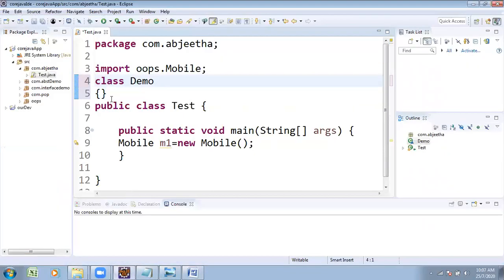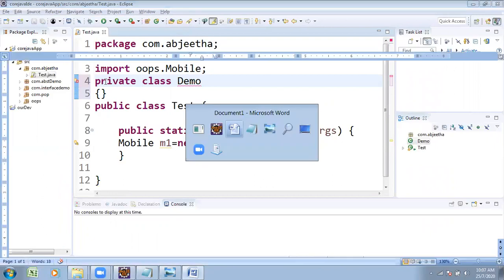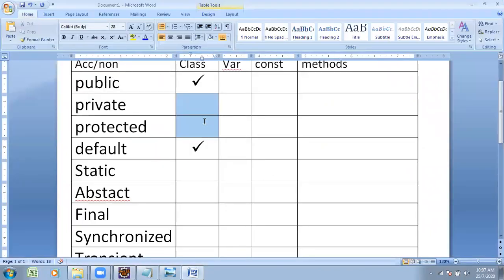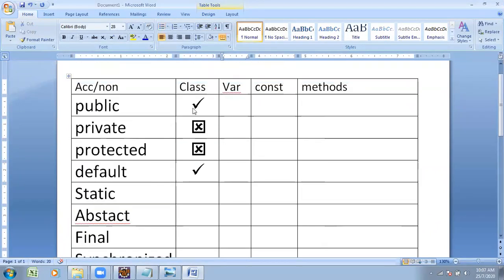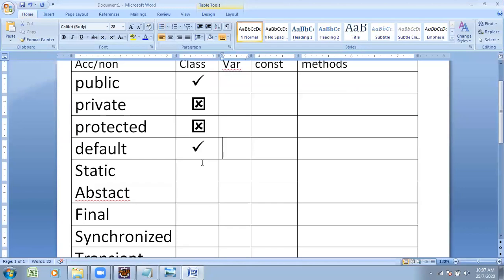Similarly, try declaring the class as private type. Allowed or not allowed? It raises an error. You cannot declare a normal class as either private or protected. You can declare a class as either public or default type. Sir, what about static classes? Can we declare them? No chance.